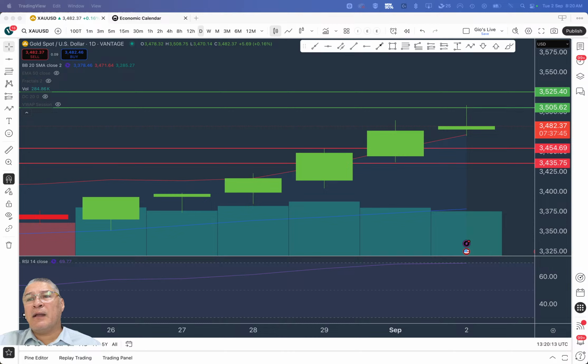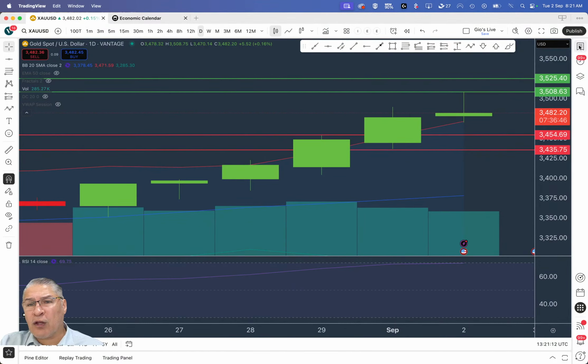So I'm going to tighten up my level of resistance here and use today's swing high. I'm going to leave the same levels that we have here of support and looking to enter long, or looking for buys. This is a pullback, right? Profit taking after a nice rise to the upside. So looking to buy.